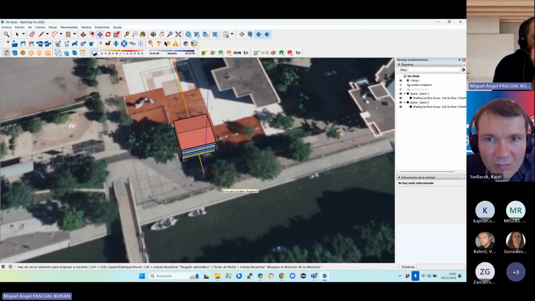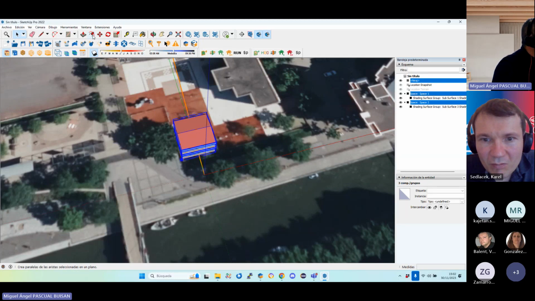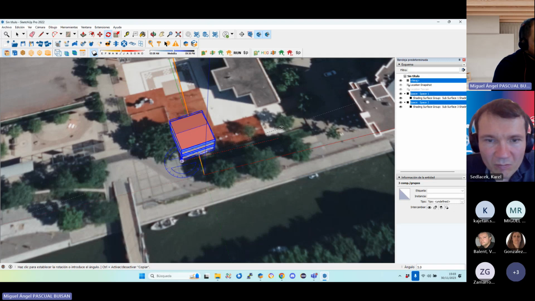Okay, I was drawing everything, supposing that it was aligned with the red and the green axis, but in reality, there is a small rotation here. So, okay, first I have to select. Yeah, I switch to select model. I select everything, and I can click here and suppose it's slightly